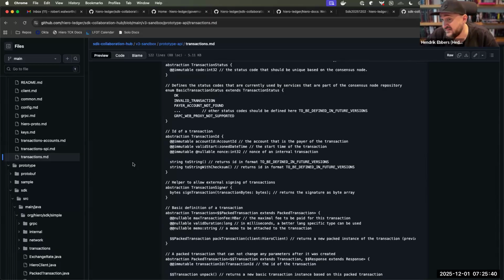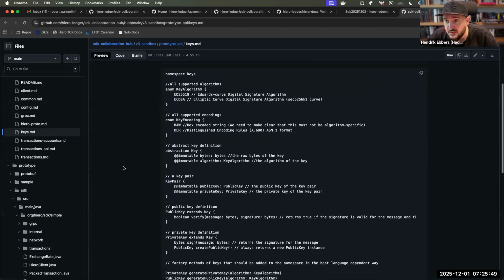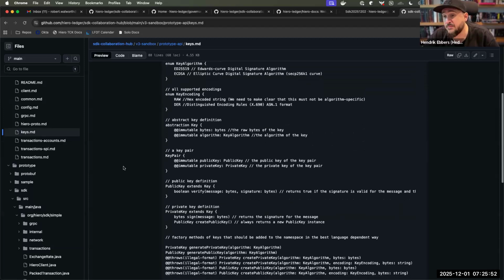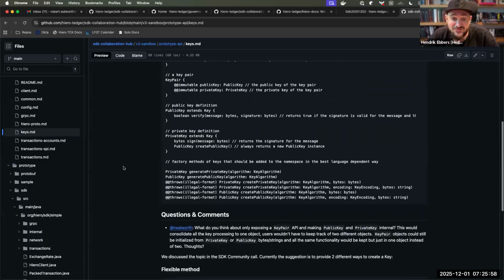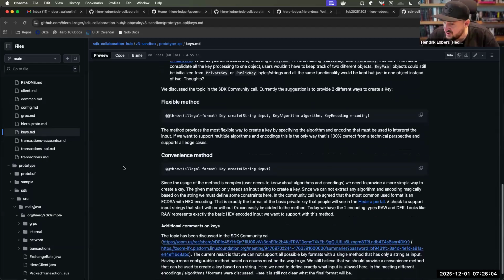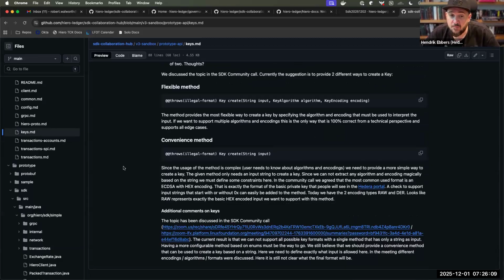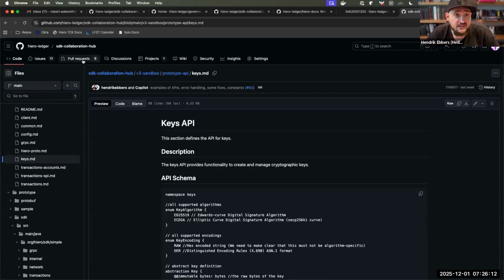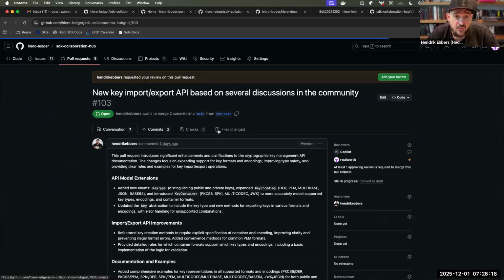And currently we do exactly that for keys, right? So we have, if you can open it already, a keys MD. While we discussed that information here, we figured out that we have a lot of problems and a lot of unanswered questions, and here we have a huge section of questions and comments. I already created a pull request, currently open, that changes the API in a heavy way, based on the last two SDK community meetings and the presentation that Rob gave last week.